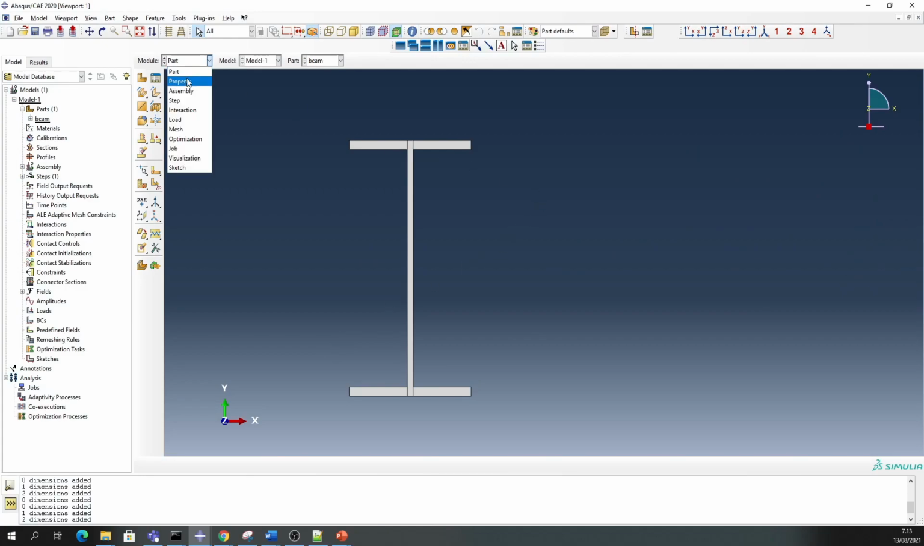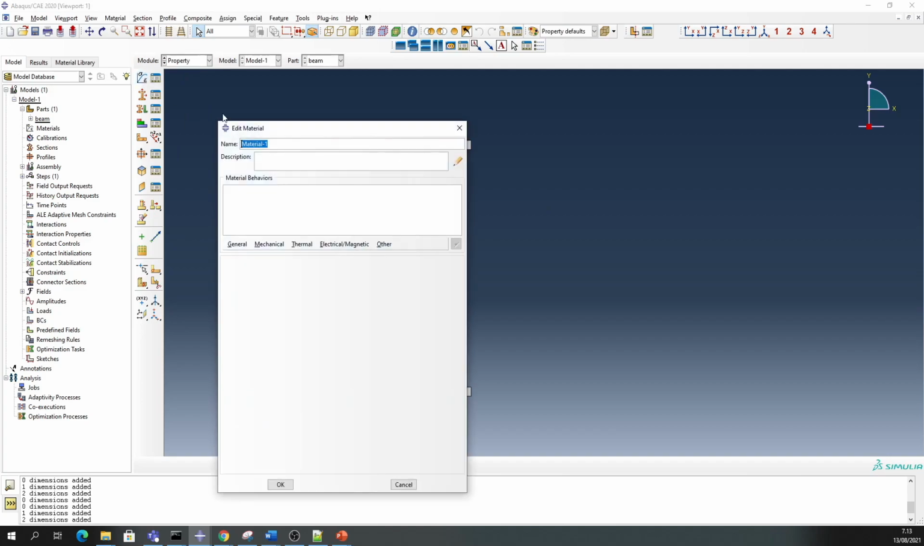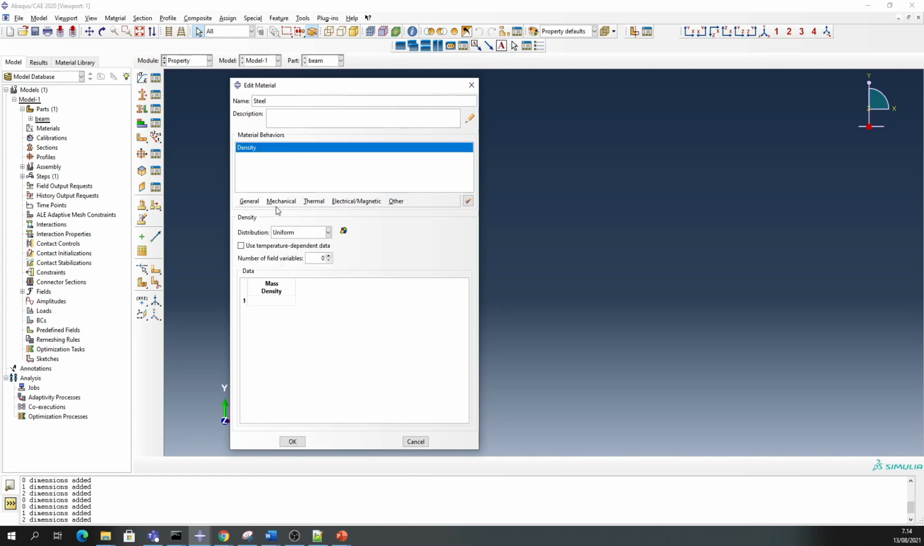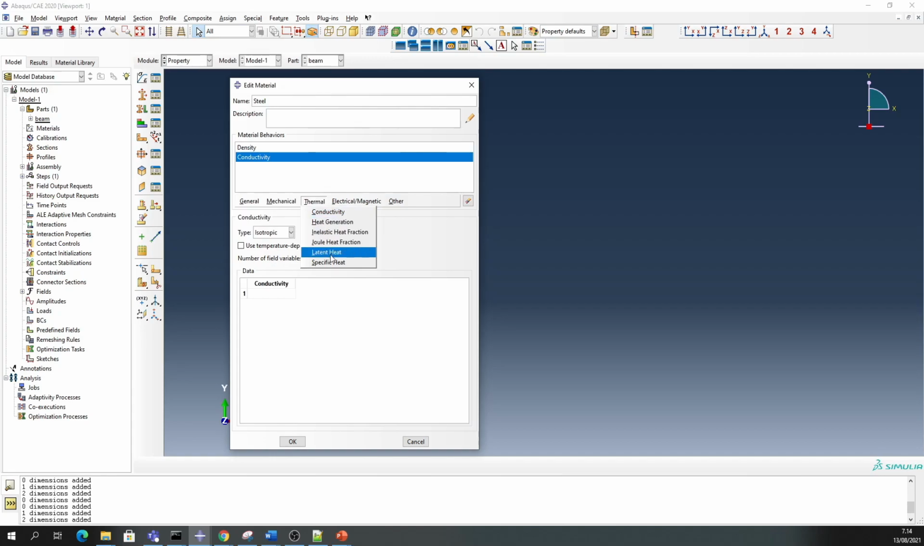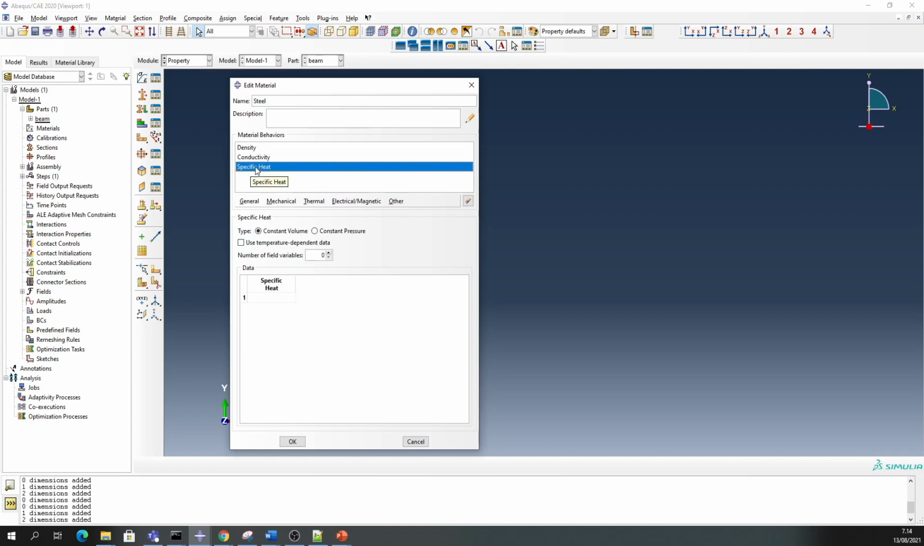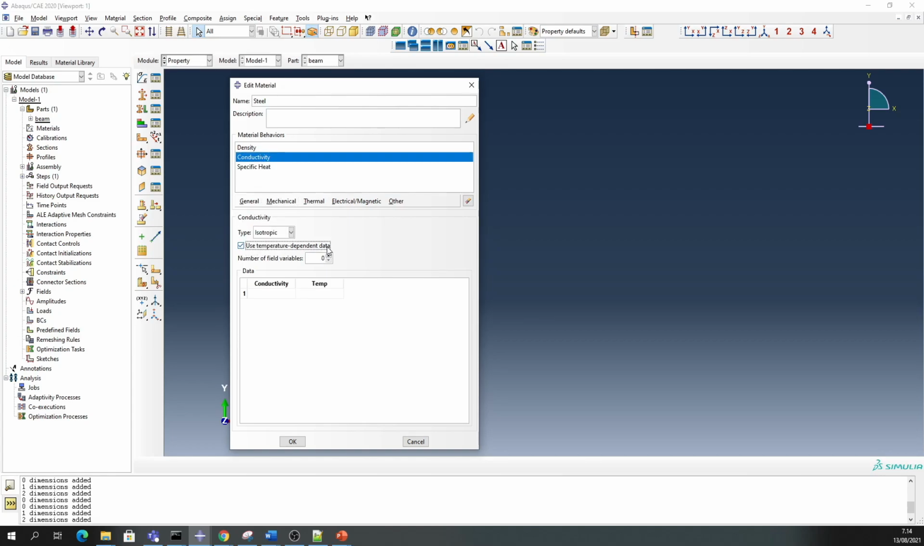So in the property model here we create a material, and then the material name, it's steel. Then we add the density and thermal material properties: conductivity and specific heat. We don't use temperature dependent density, but for thermal stress density is needed, along with conductivity and the specific heat, and temperature dependent, so we toggle this temperature dependent data here, and then use the